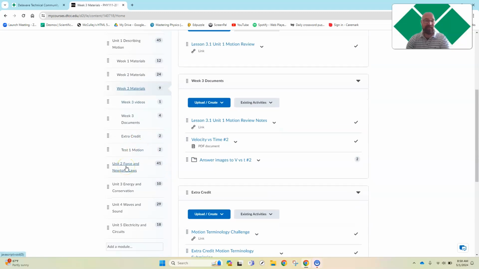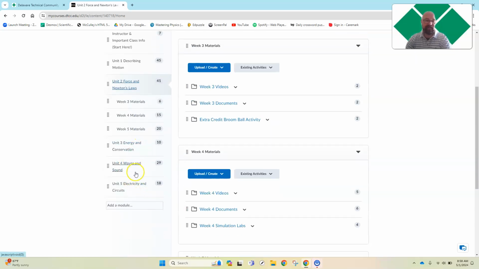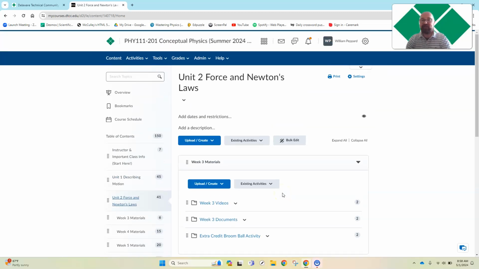That's unit 1. We're at weeks 1 through 3. Unit 2 starts in week 3, and kind of straddles, as some of it is motion and some of it is in force of Newton's laws. Then it progresses throughout the weeks, throughout the different units. Each unit has its own test, and you just submit it. Submit your test, your labs, and your homeworks, and you're going to do fine.